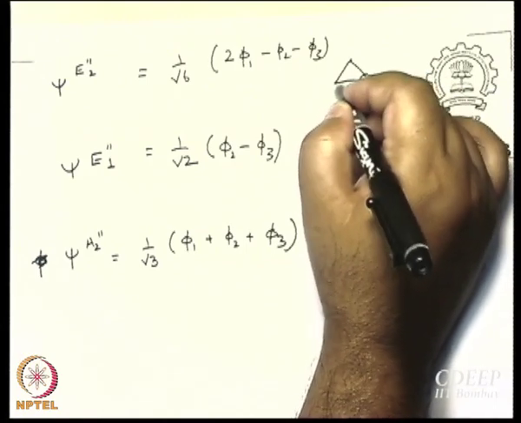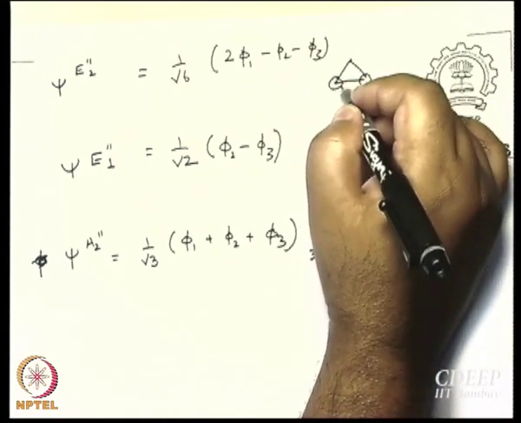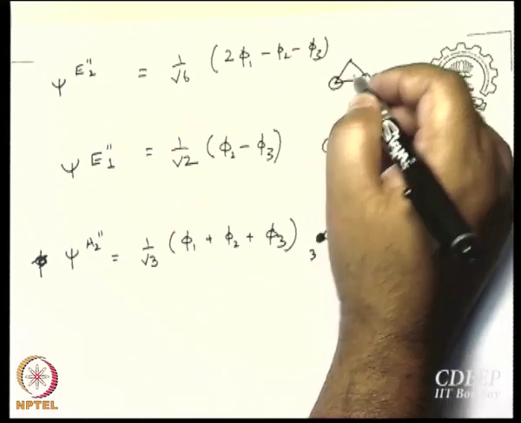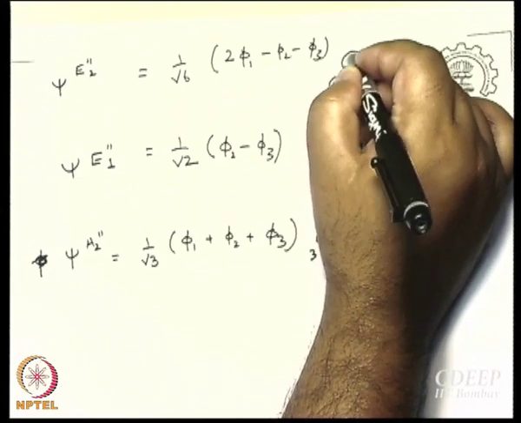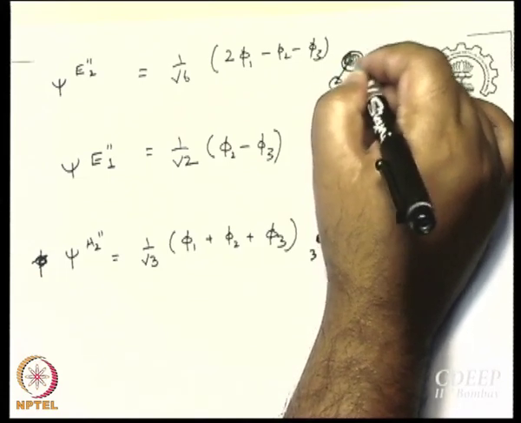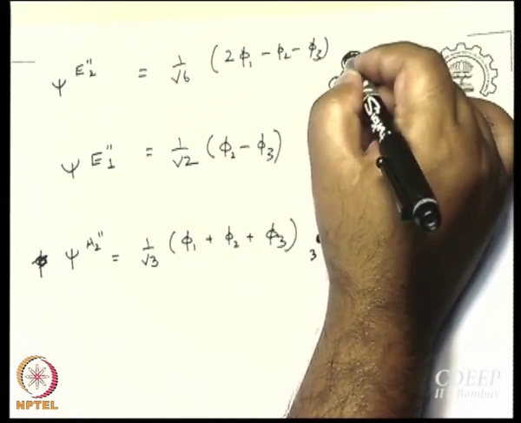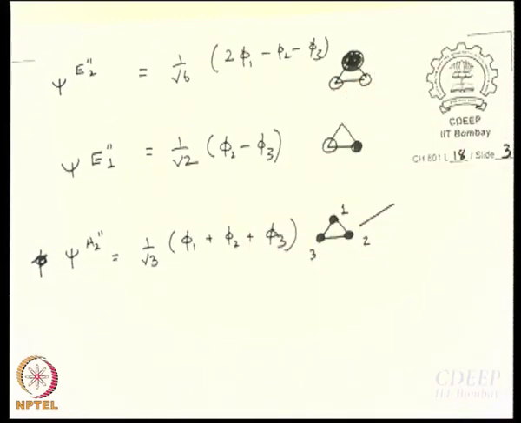Let me write the minuses first, minus phi 2 minus phi 3, and maybe I will draw a bigger circle. Even though it is not, so this is easier to depict if you look from side. You just draw a p orbital that is double the size in length, not width. Okay. So, what have I done? I have generated the molecular orbitals.